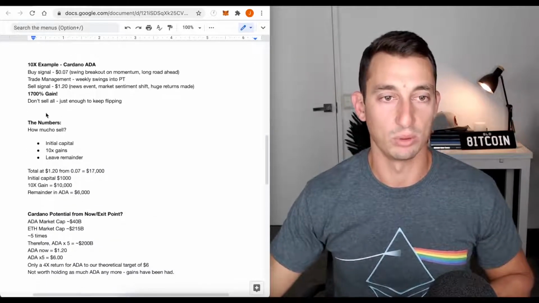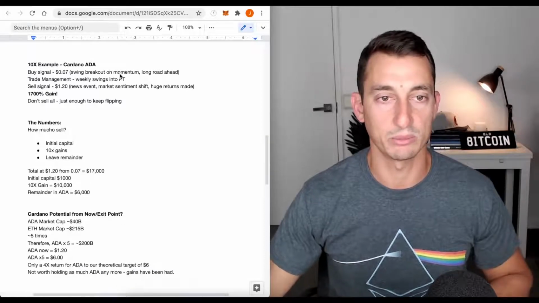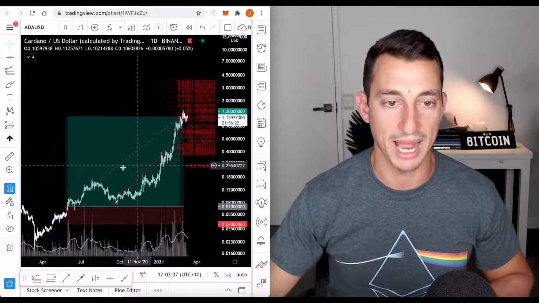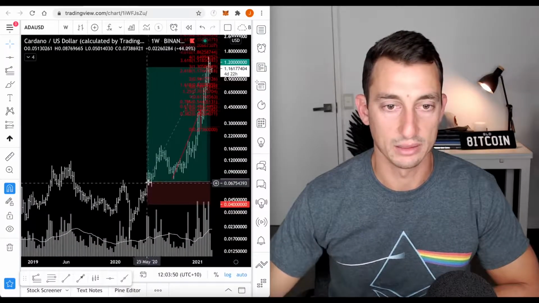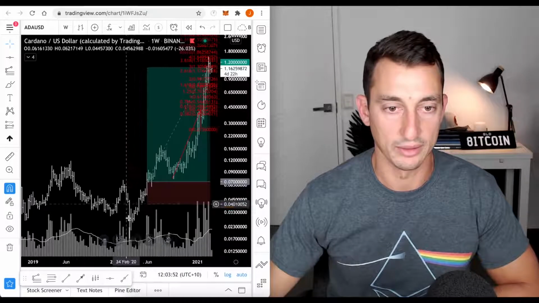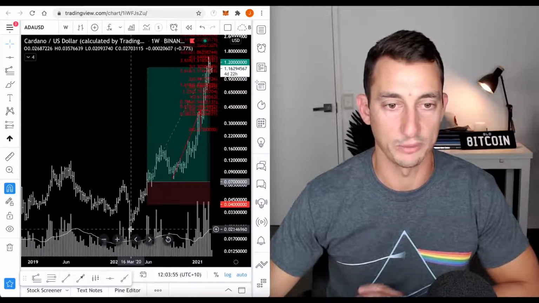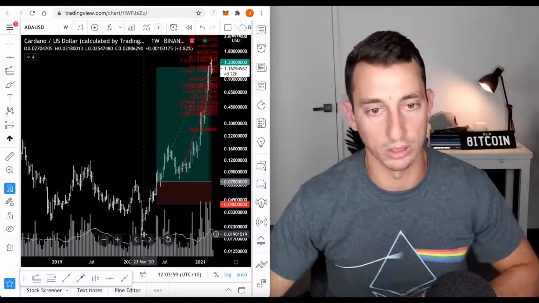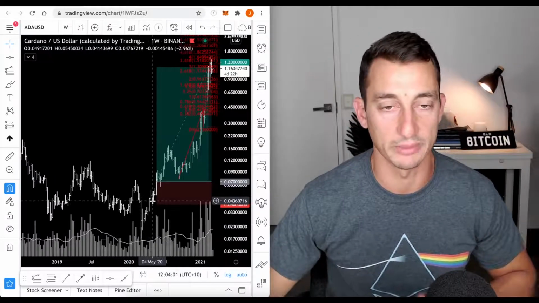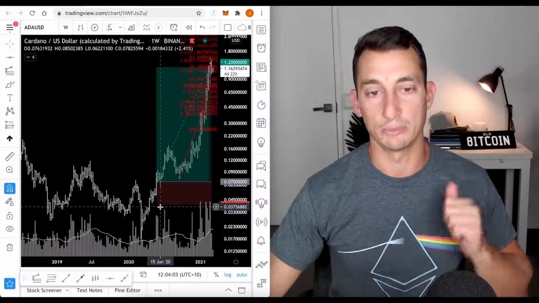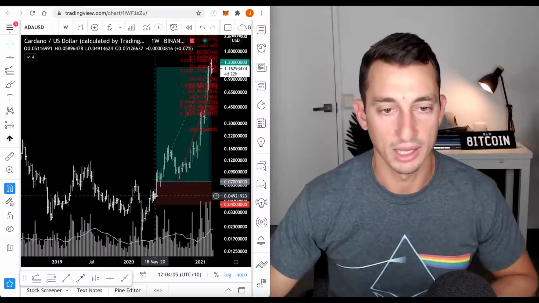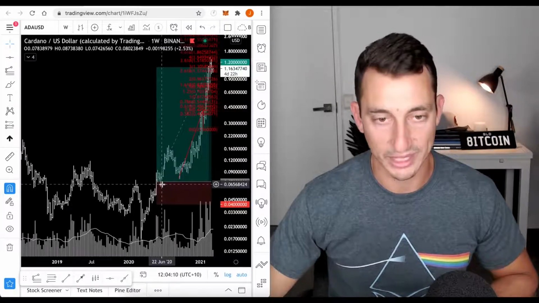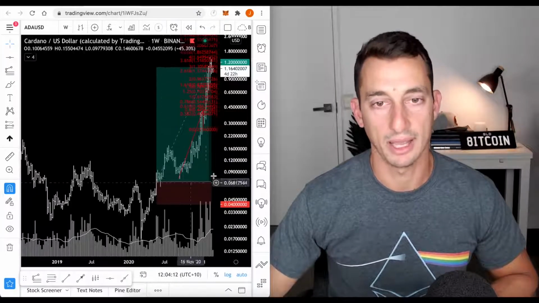So example, buy signal at 7 cents, swing breakout on momentum. I'm going to show these quickly because I talk about them a lot, and this is mainly about the maths. This is the signal right here, entering on the break. We had the COVID crash, huge volume, everything was supposed to be over, the end of the world, and these prices should have gone a whole lot lower. They didn't, and the sign, which I've talked about many, many times in other videos, especially in regards to Bitcoin and Ethereum, is the break of this swing, then a break of another swing top, the retest of the swing top, and away we go.